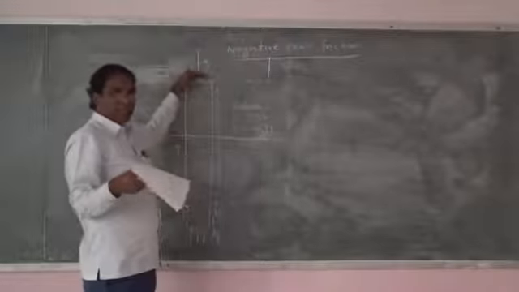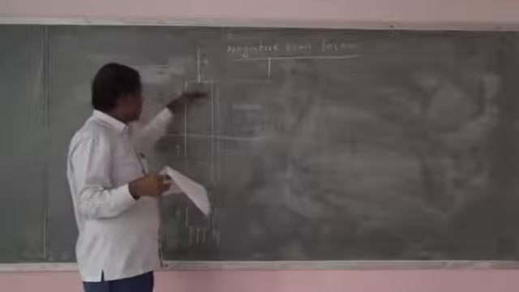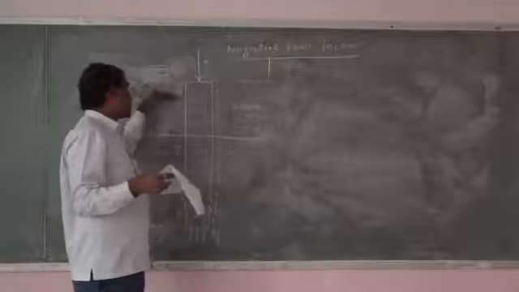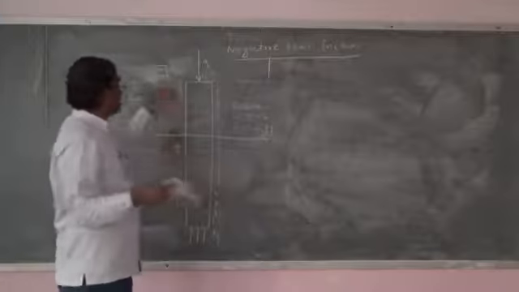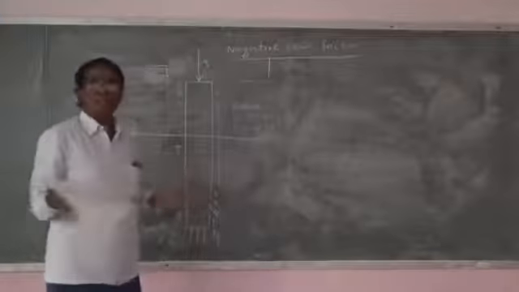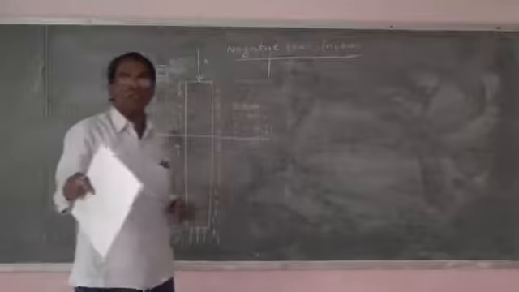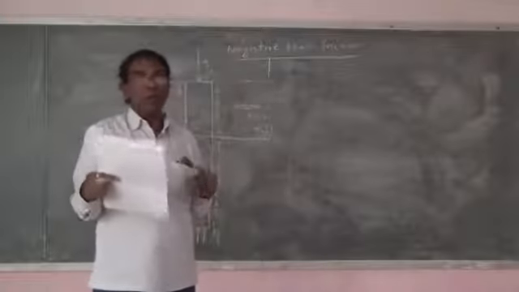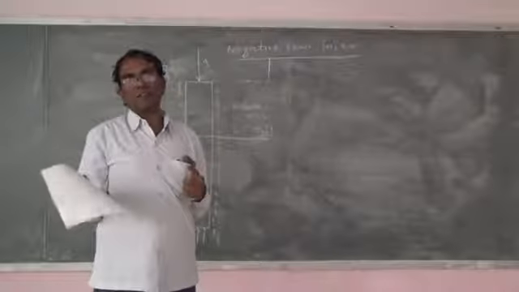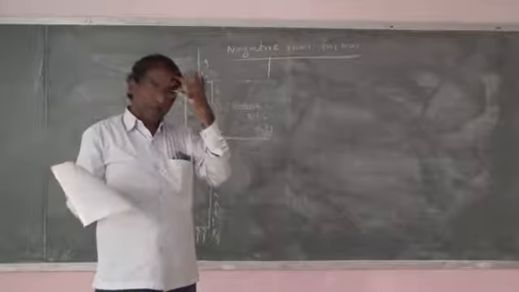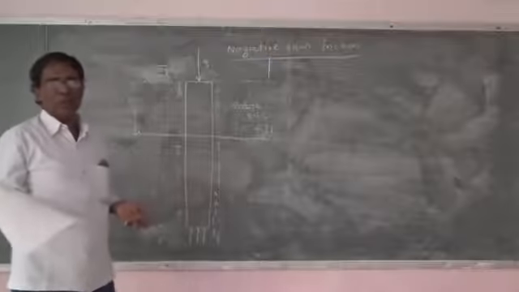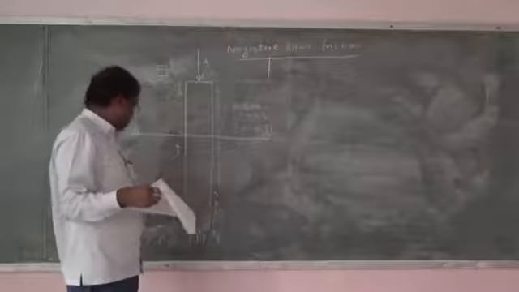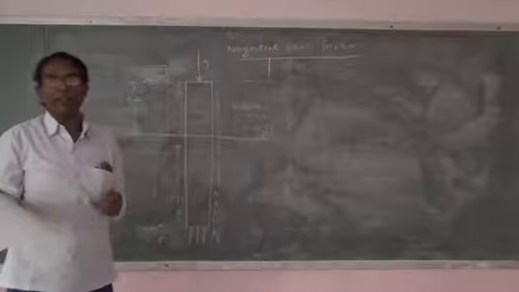When load applies here, then settlement of the pile as well as soil will move faster than the pile. At that time friction also acts downwards, and such friction is called negative skin friction. This is not at all good here, because load bearing capacity will be reduced. When this comes out downwards, the load bearing capacity of the pile will be reduced.